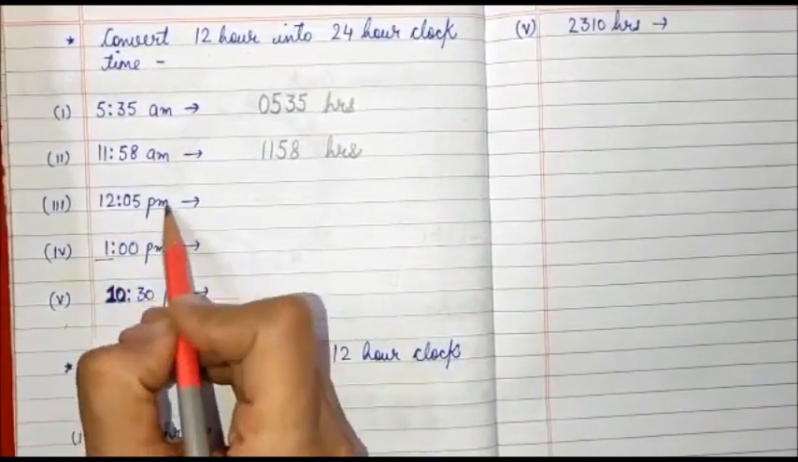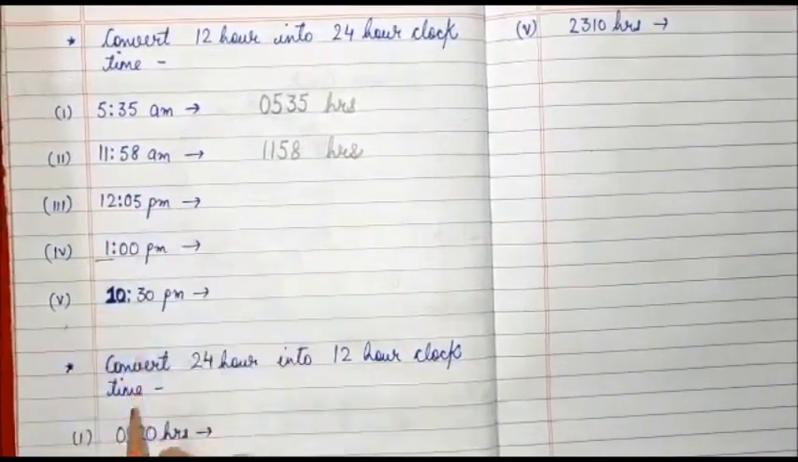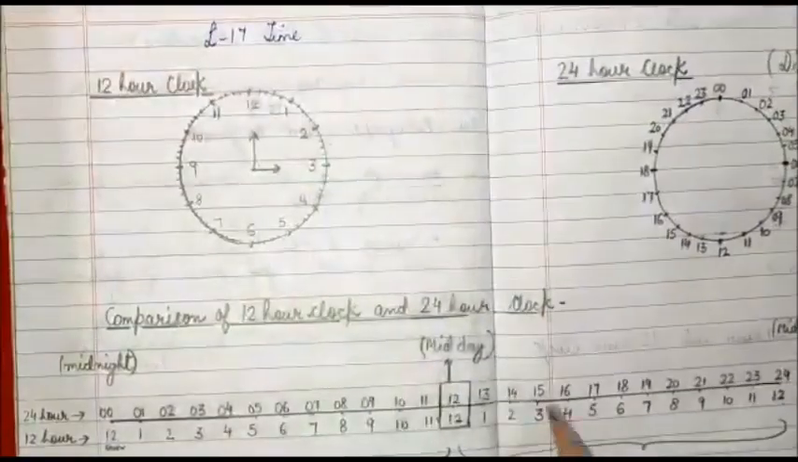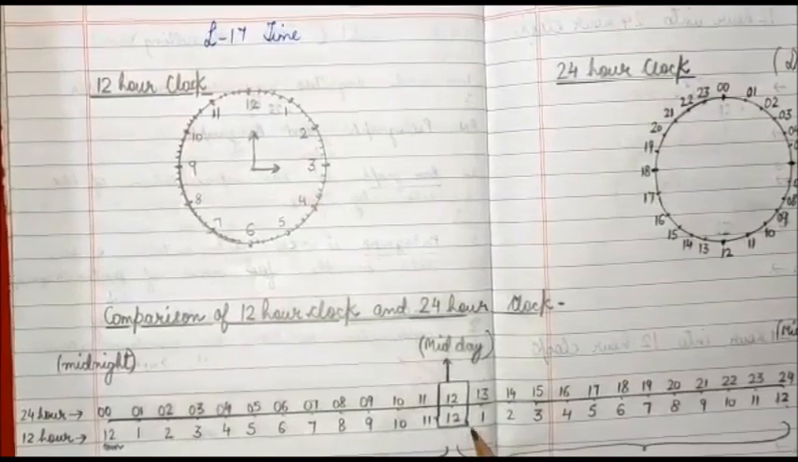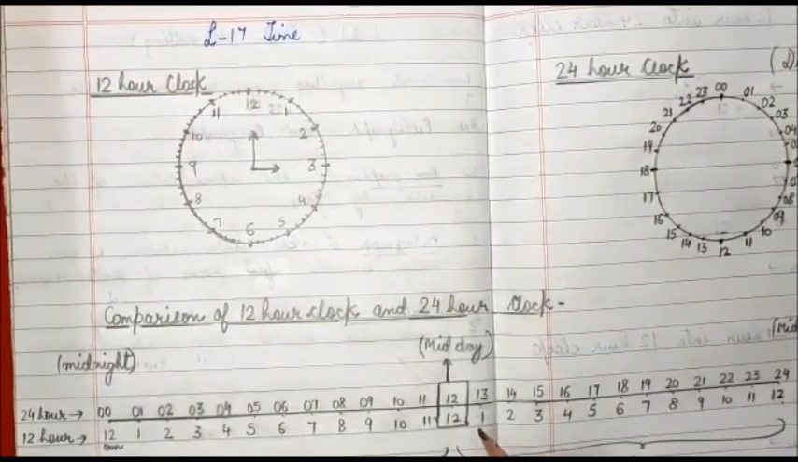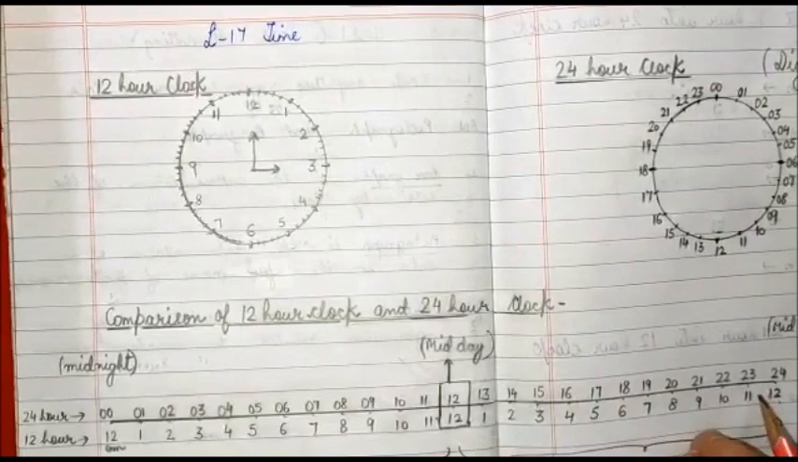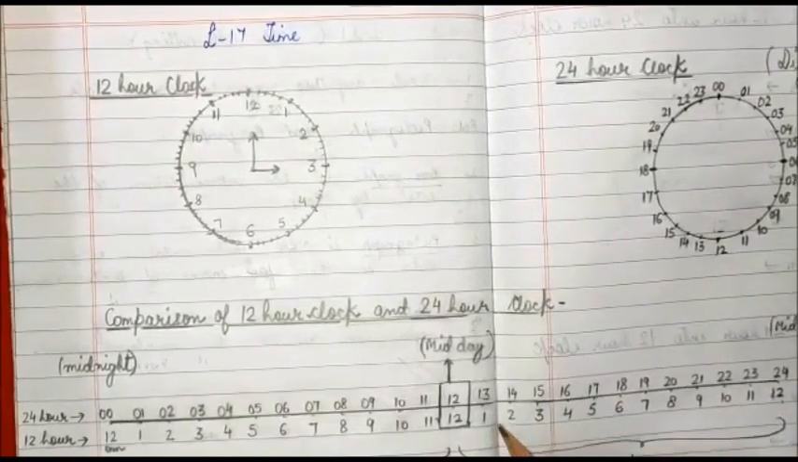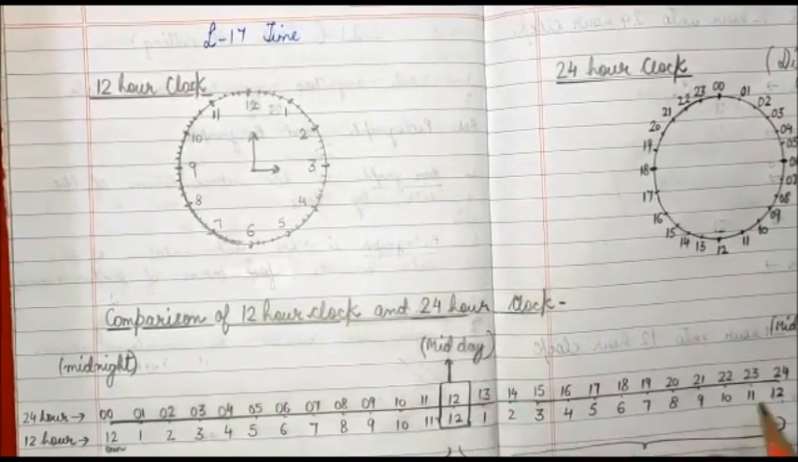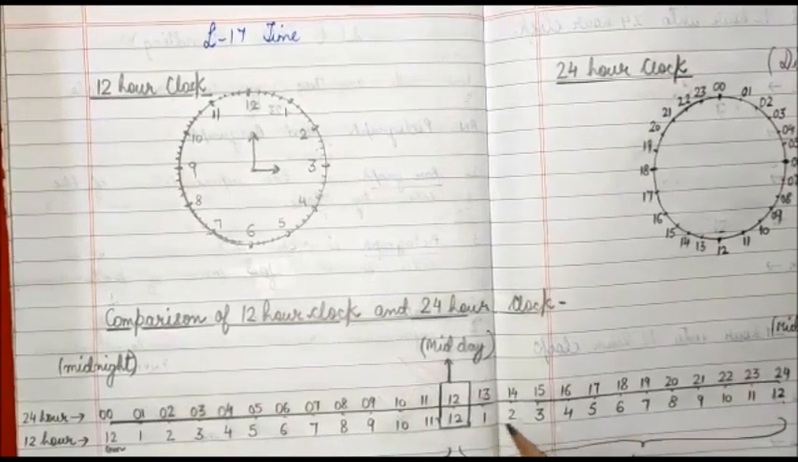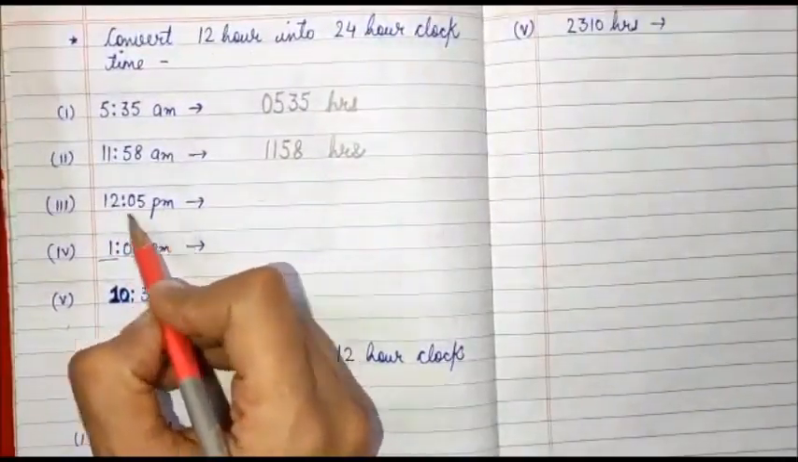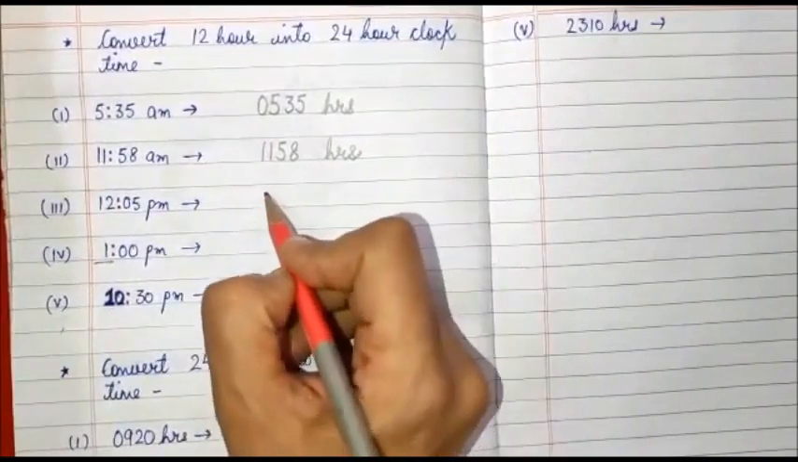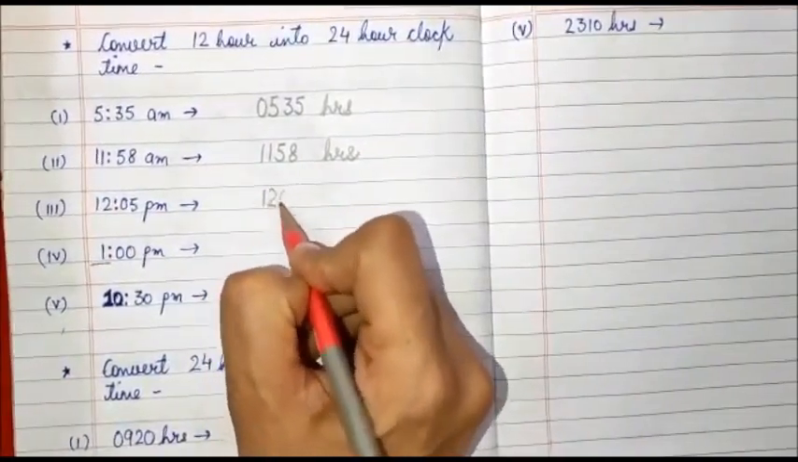12:05 p.m. The noon time has started, but be careful: whenever we have timings between 12 and 1, it will be as it is. Our timings will change when it is 1 p.m. or after 1 p.m., like 1:05 p.m. So we have to be very careful whenever we have times in the PM region starting from 1 or after 1. As here I have 12:05 p.m., for this also no change will be there. It will be written as 12:05